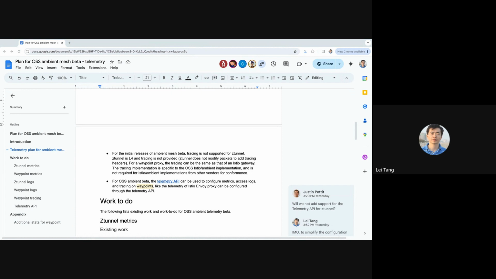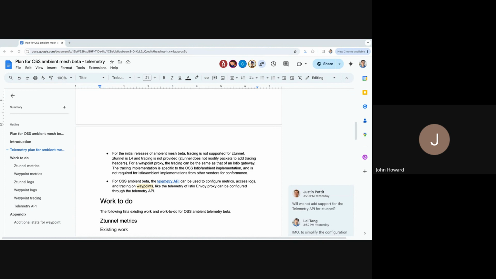Oh, John, okay. Let me read John's comment. We can actually trace at the connection level if we want it. Okay. So John, would that be a bunch of disconnected trace spans? Yeah, you want to be able to connect the user's trace, but you could see from both ztunnels.